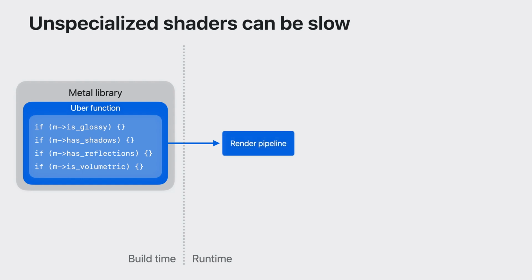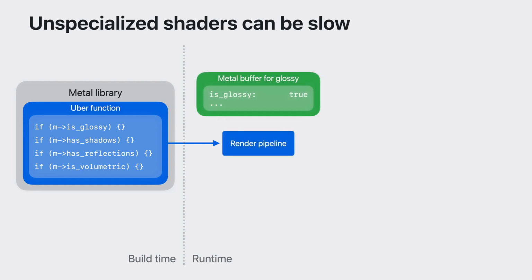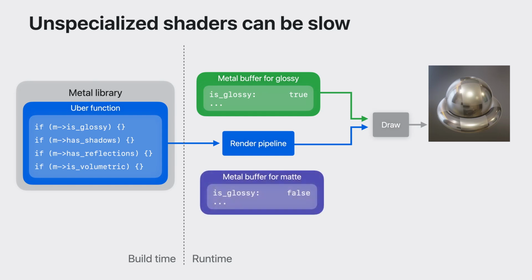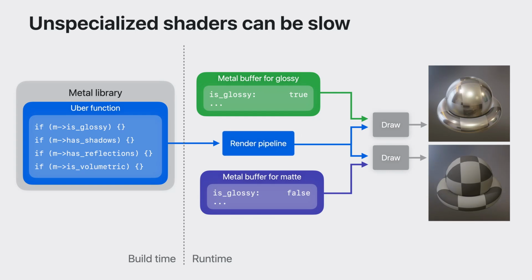For example, this Uber shader in a pipeline renders a glossy material because a Metal buffer in the draw command has an isGlossy parameter that's equal to true. The same shader can also render a matte material when the buffer's isGlossy parameter is equal to false. The render pipeline is the same for both material effects because the behavior change comes from what's in a buffer. This responsive approach is great during development. However, the shader has to account for several possibilities and read from additional buffers, which may affect an app's performance.